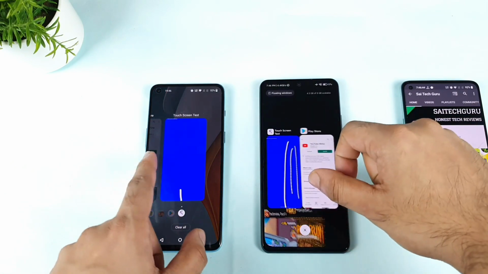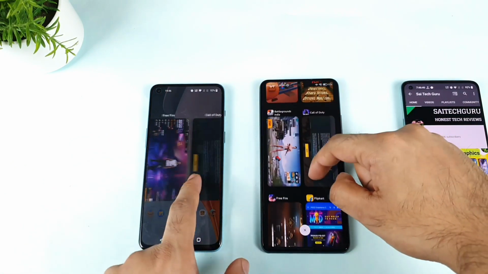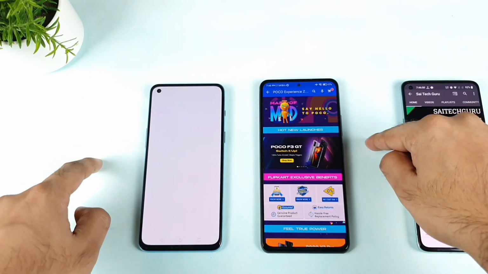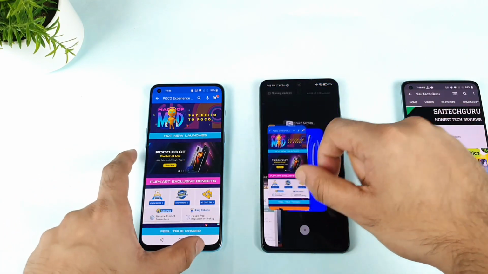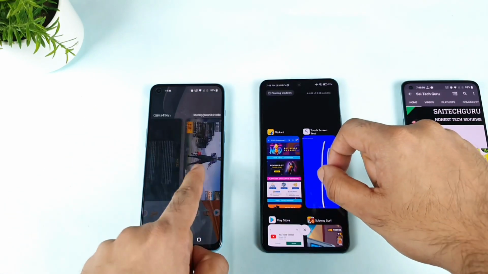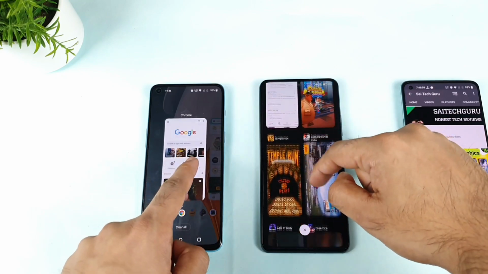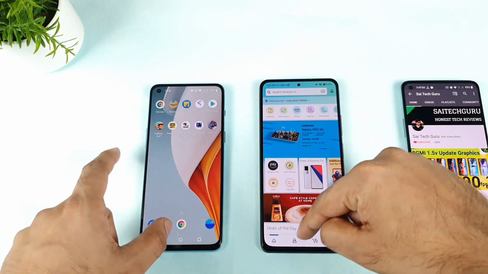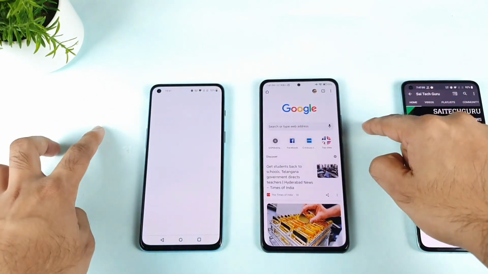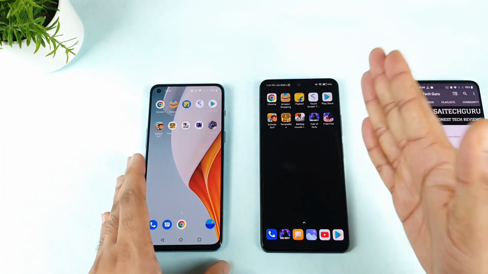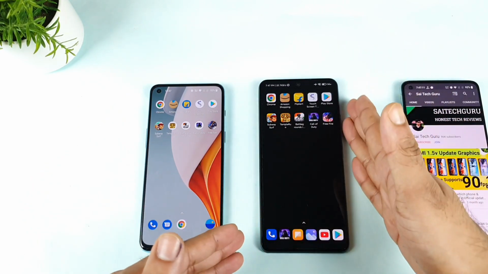And next is Flipkart. Let's see the Flipkart application. 1, 2, 3. Flipkart first opened on the MI 11X device, but the OnePlus Nord 2 was also able to maintain that Poco page as well. Next is Amazon. 1, 2, 3. Amazon first on the MI 11X device, not bad. The final application is Google Chrome, also opened first on the MI 11X device. Now, in terms of the speed test, MI 11X device. In terms of the RAM management, MI 11X device.